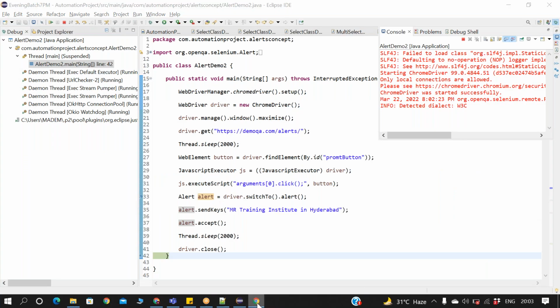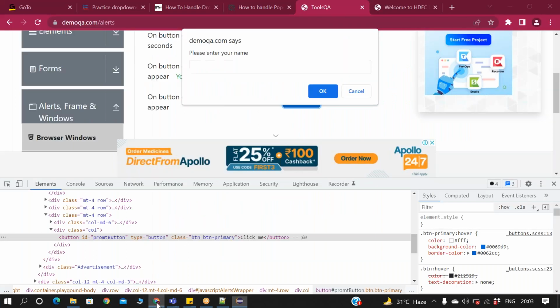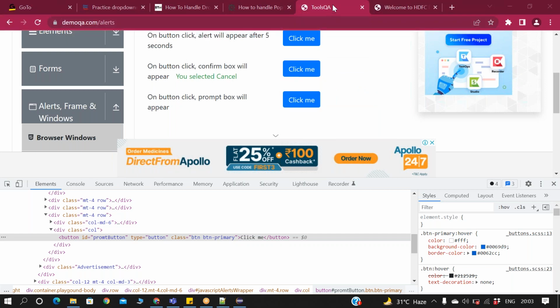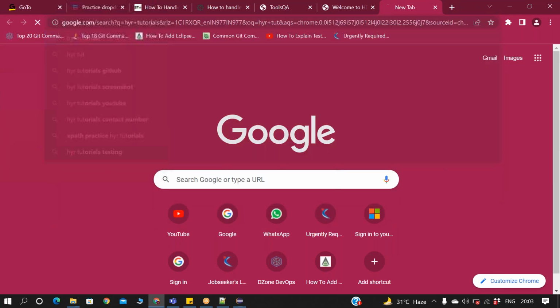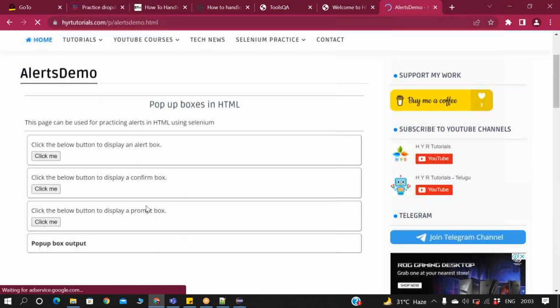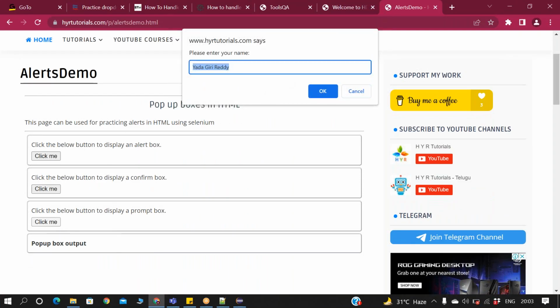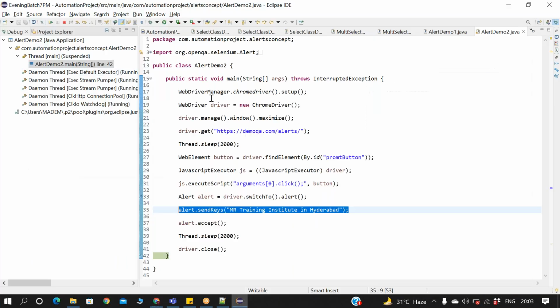Why is it not able to enter the text? Don't worry, guys. This topic I can repeat tomorrow also. Okay, we'll see it tomorrow. This sendKeys is not going to work. Why is it not working? One second, I can take some other URL. One second, I can use this application. What will happen? See,